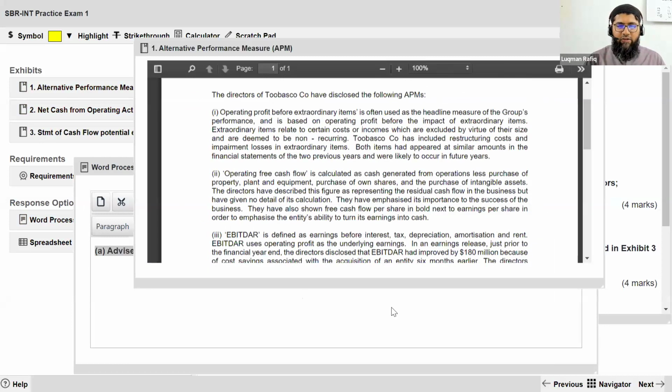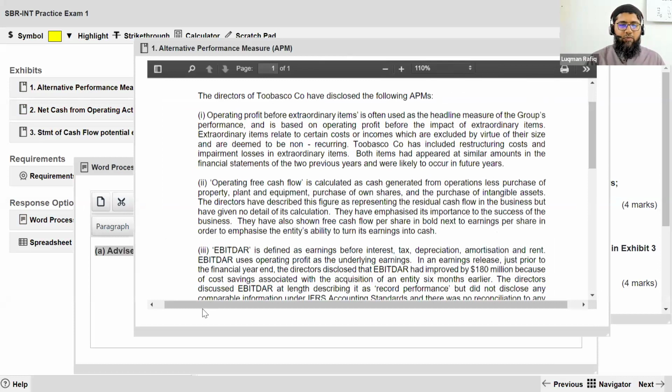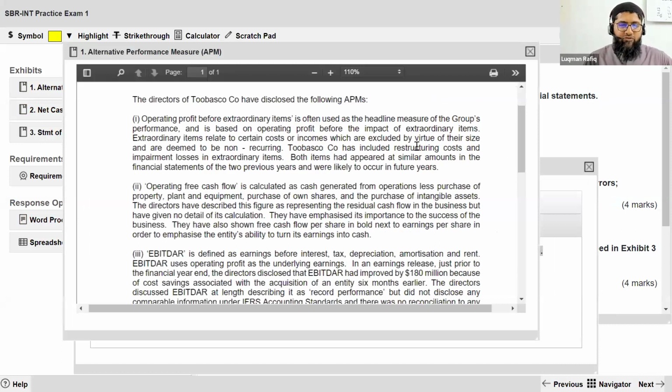It says the directors of Toobasco have disclosed the following alternative performance measures. Operating profit before certain costs or incomes which are excluded by virtue of their size and are deemed to be non-recurring. Toobasco has often included restructuring costs and impairment losses in extraordinary items. Both items appeared at similar amounts in the financial statements. So see, what happens is that